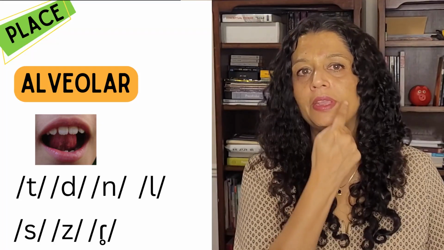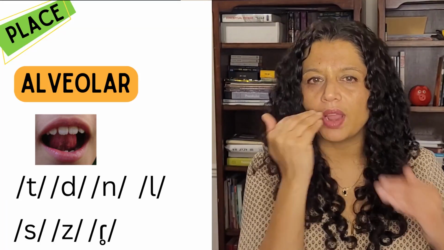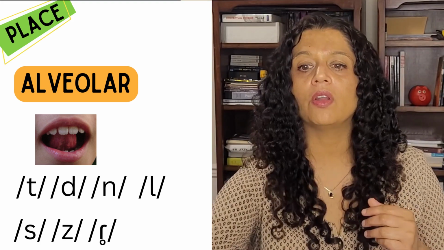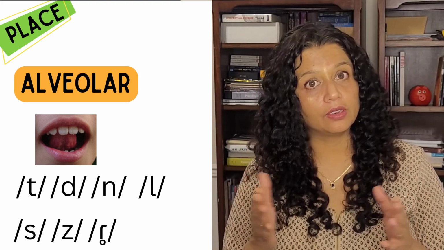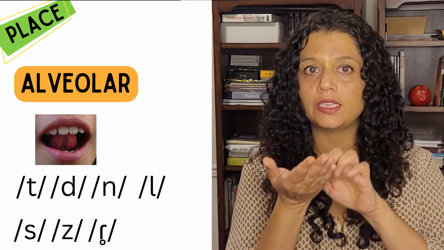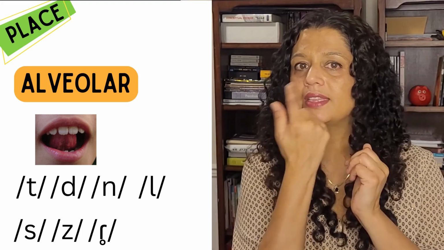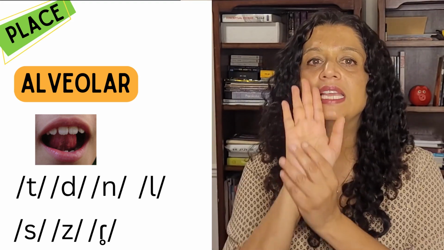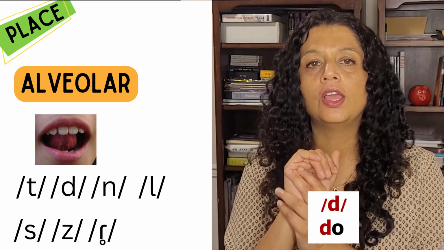The next group of sounds is actually the most common place of articulation. Okay, I think over 50% of the sounds fall in this category in terms of frequency of occurrence. Okay, these are called the alveolar sounds. So it's that bumpy ridge or gum line essentially right above our teeth. Okay, so here are the sounds that are alveolar. T, tap. So what you're doing is your tongue tip is tapping against that alveolar ridge to make that sound. Tap. Do,